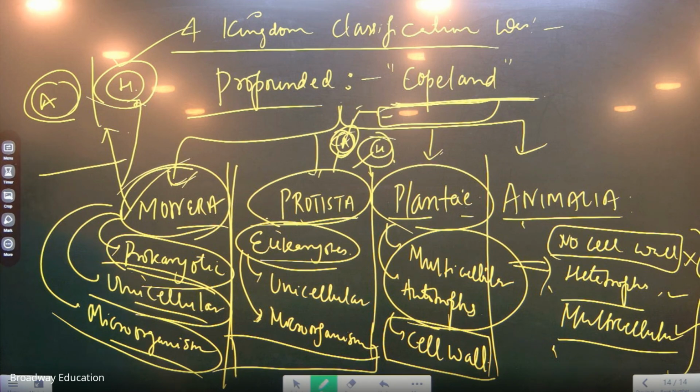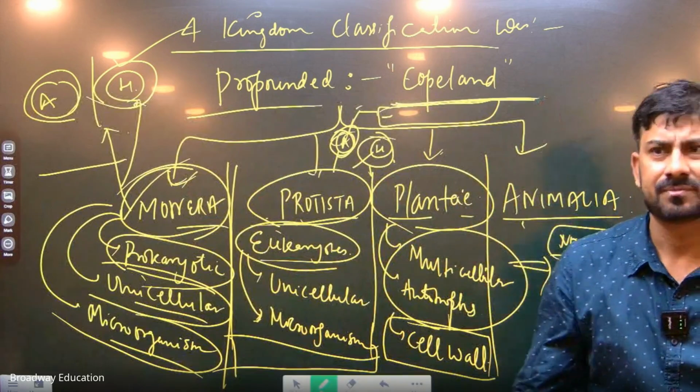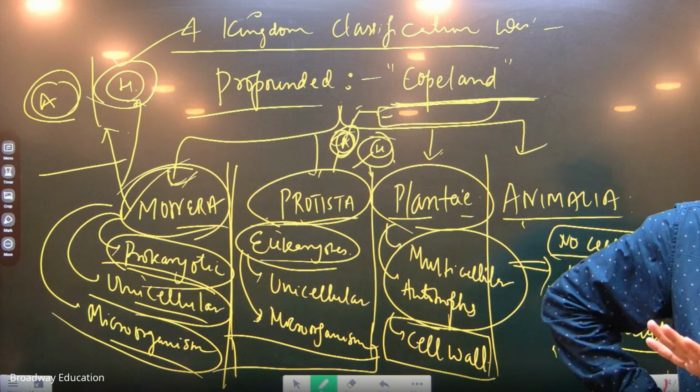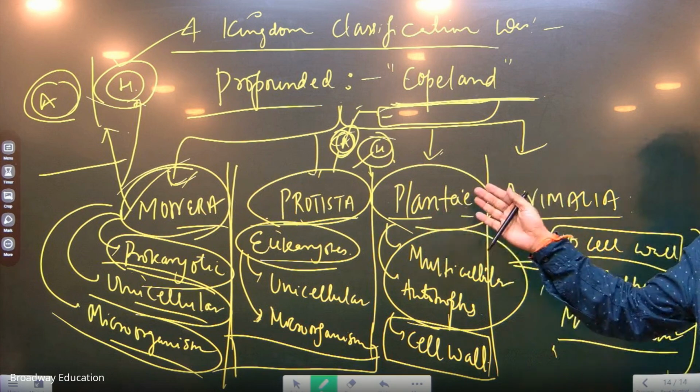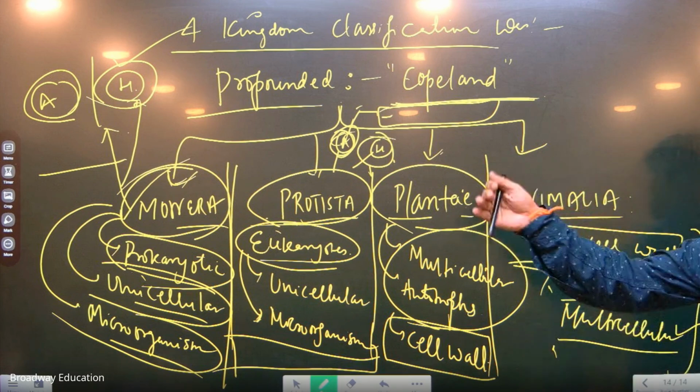That is why I used the term microorganism sometime back for fungi. So they can be unicellular or multicellular. They have a cell wall also, but they are heterotrophs. Copeland did not place that. He put fungi in the plants only. So there was no clear differentiation between the plantae and the protista, which was later rectified in due course of time by one more scholar.